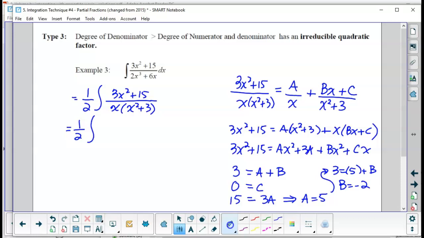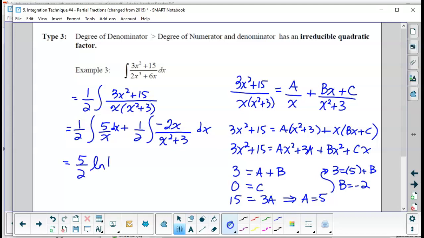So now I'm going to have a, which is 5. So that's going to be 5 over x. Okay, then plus, b is negative 2, so that's going to be negative 2x. c is 0, so just negative 2x over x squared plus 3 dx. I forgot the dx here. Okay, and so really that's going to be 5 over 2 ln of x. Notice here 2's divide out,